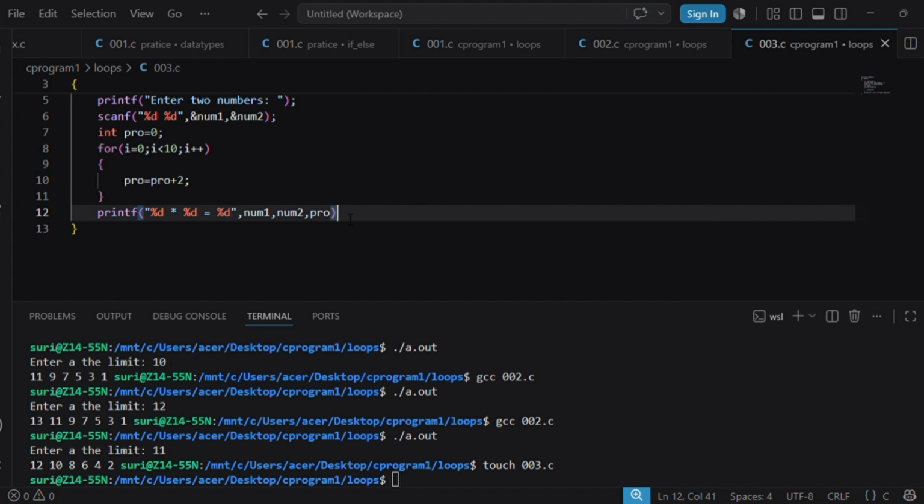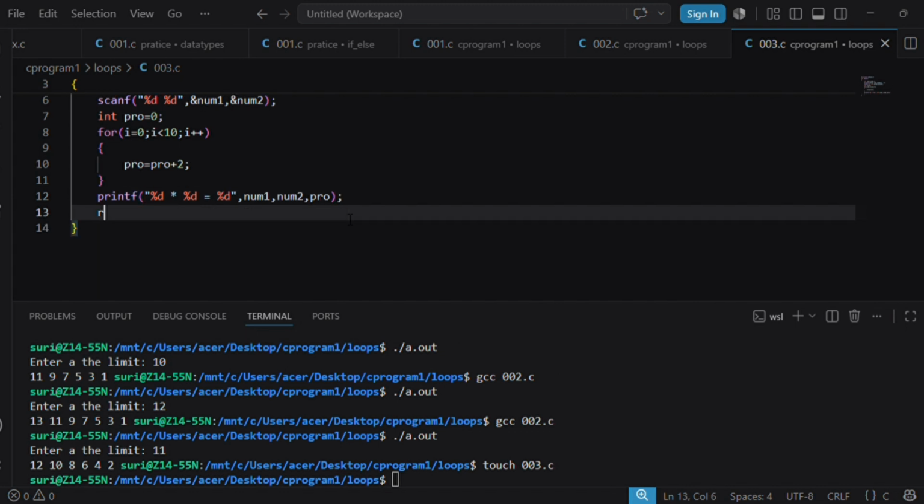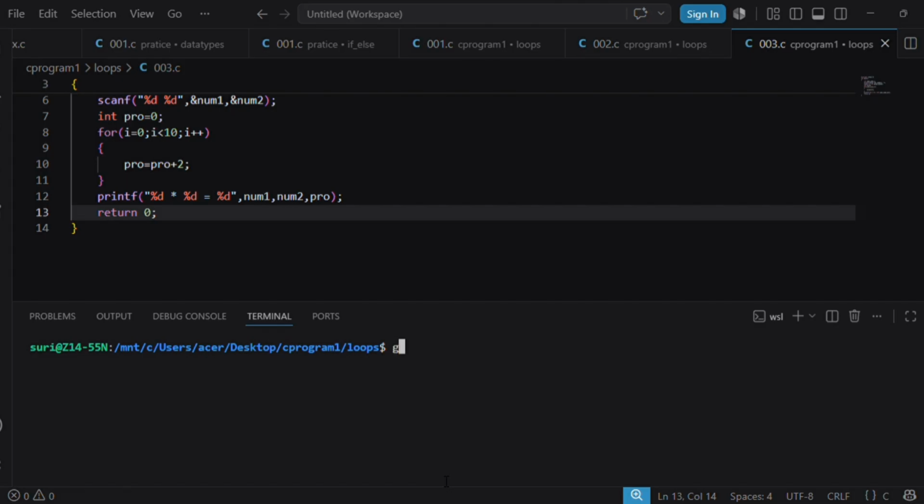Return 0. Control N, gcc, 003.2, a.out. So what are the numbers?